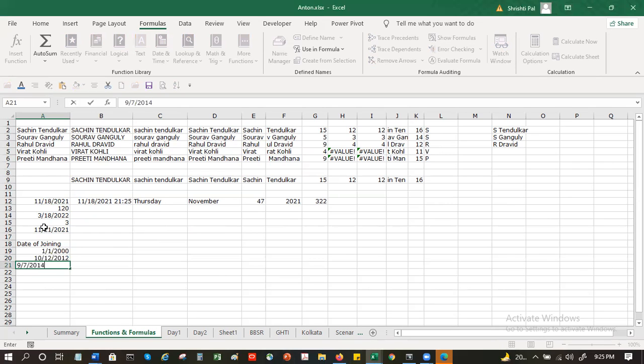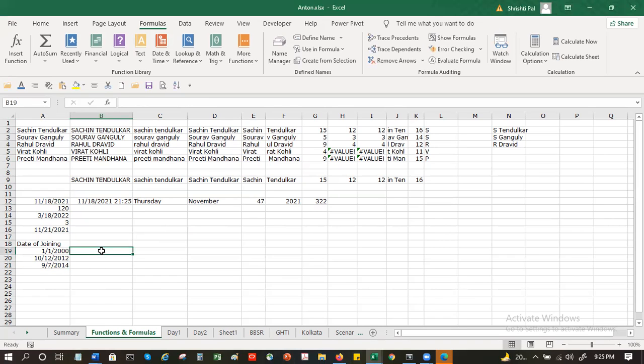I'm just taking random numbers. And I want to know the duration, how long they are in service, length of service, vintage, or years of service, depending on whatever.